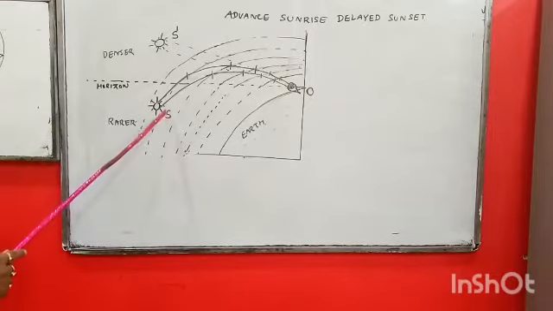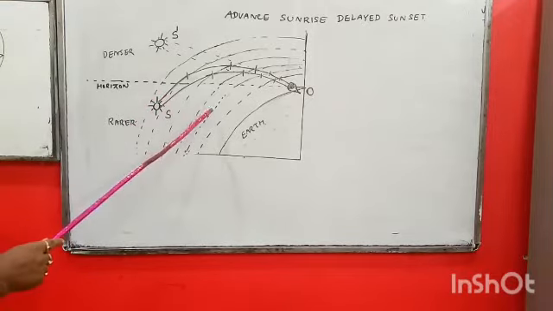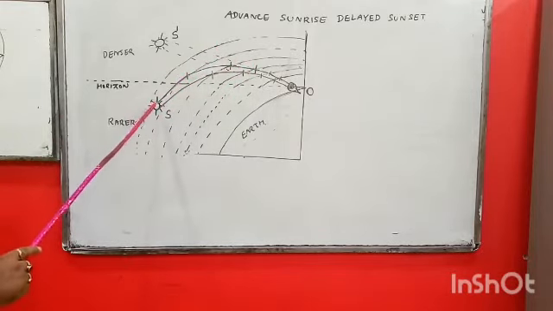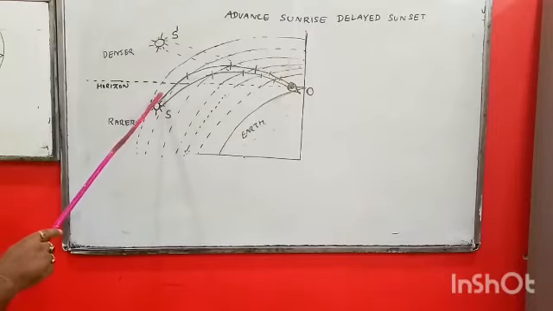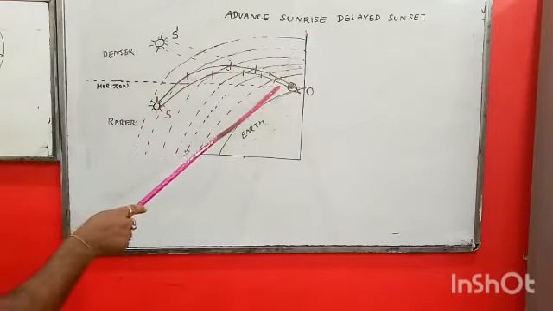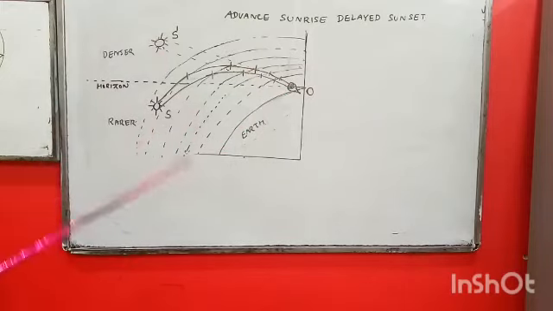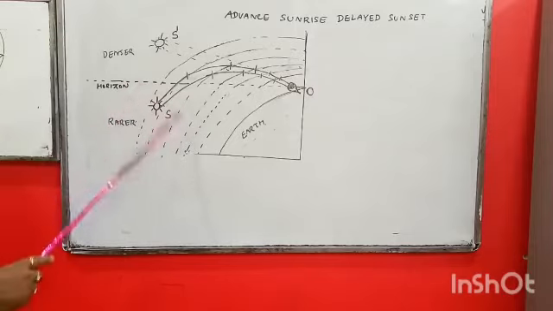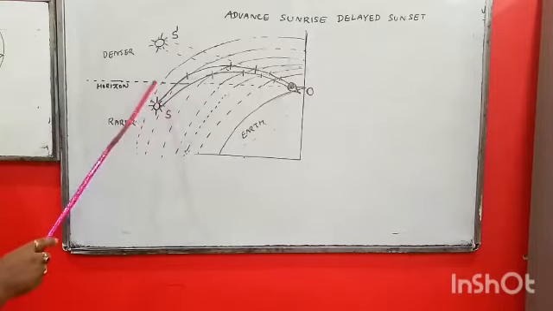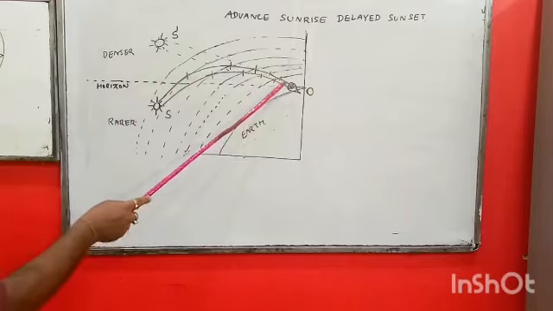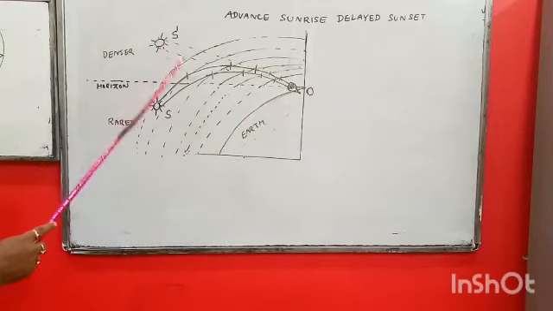That means near the sun, the medium is rarer, and this one is the denser medium. Light rays from the sun move from the rarer medium to the denser medium till they reach the eye of the observer. Because during sunset and sunrise, the sun is obviously below the horizon. Near the sun, the medium is rarer, and above the horizon, the medium is denser. Now, therefore, the observer can trace the straight line. Already I have told you in the twinkling of stars.